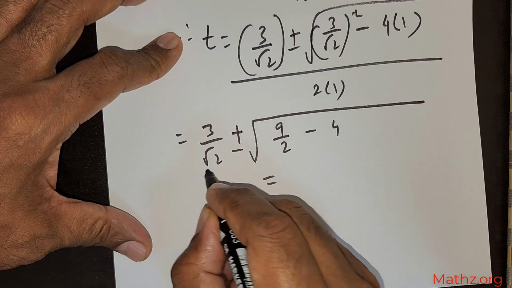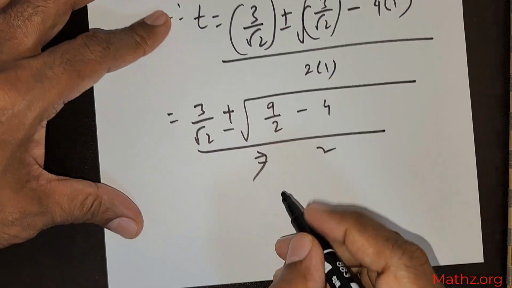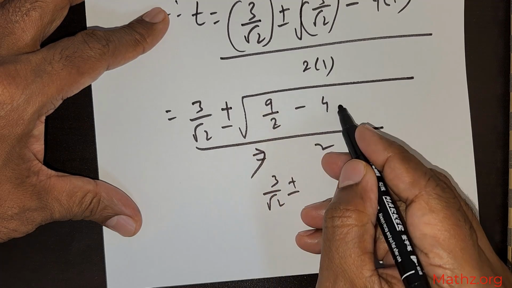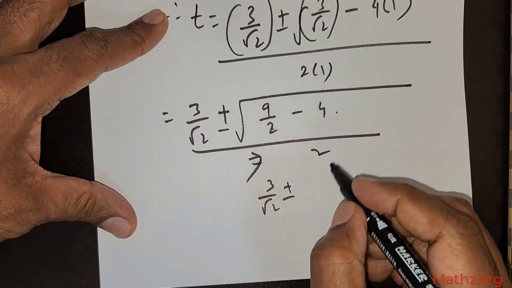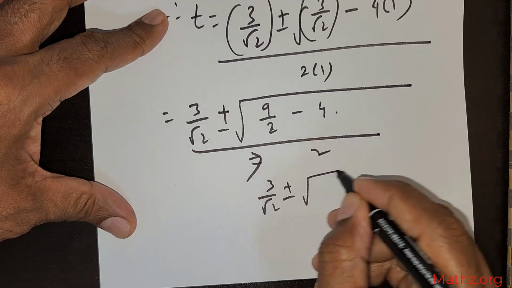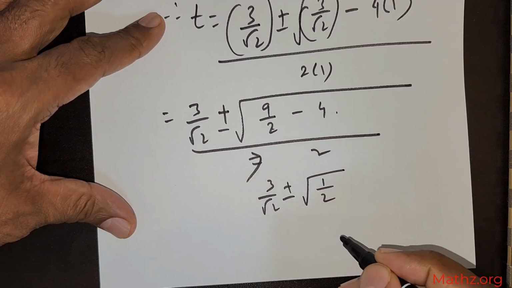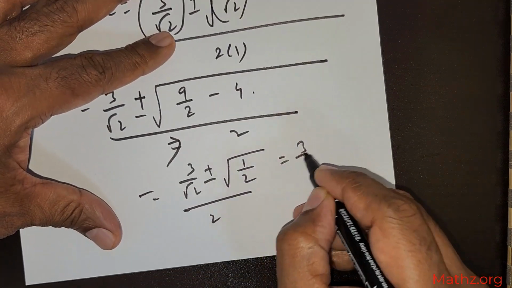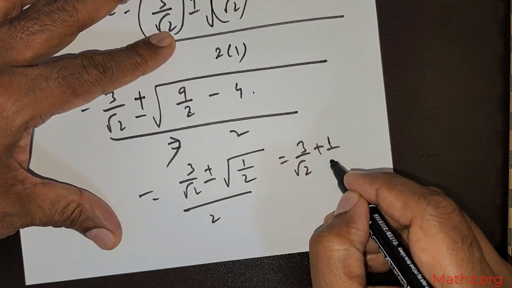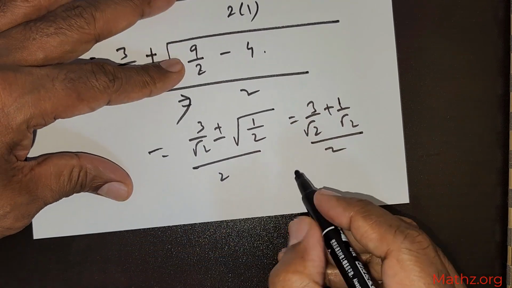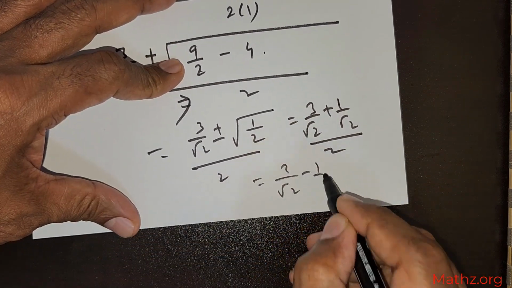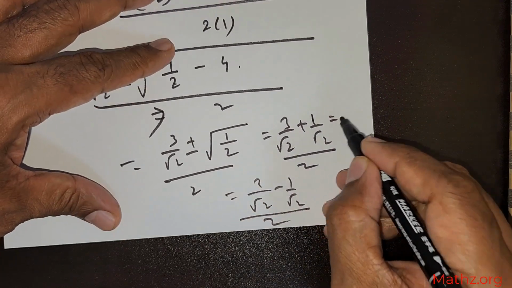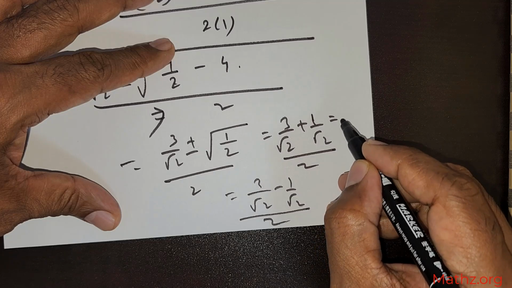So this is going to be giving me 3 over root 2 plus or minus, 2 times 4 is 8, so 9 negative 8, that is going to give me 1 over 2, divided by 2. So I have 3 over root 2 positive 1 over root 2, now there is a 2 there, or the other one is 3 over root 2, negative 1 over root 2 divided by 2. So 2 things are there. So from here I will have